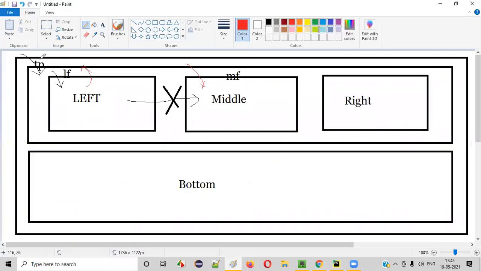So this is everything that happened so far. We switched to the top parent frame. After that, inside the top parent frame, we have this left child frame. We switched there. Since direct sibling frame switching is not possible, we had to switch back to the parent frame, and from the parent we switched to the middle child frame.